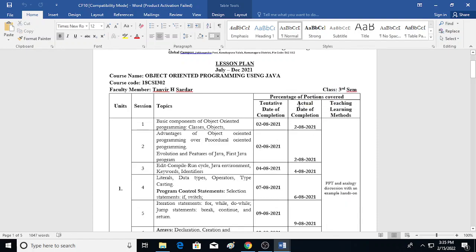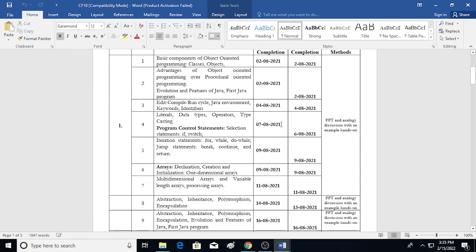Now you have to keep adding the actual date of completion, because sometimes a new holiday may come. Suppose a particular Hollywood or Bollywood star has died on a certain day, so the next day is a holiday, and you can't take class on this particular day. So on 7/8/2021 there was a class. But before that, one day this faculty has taken the class, because there may be a reason that one faculty has not come on that day, so his class is going to be free. Simply not engaging the class may have a negative impact on the academics, because students will go out of the class and go somewhere else, and may not join the next class. So for that you have taken the class on that day.